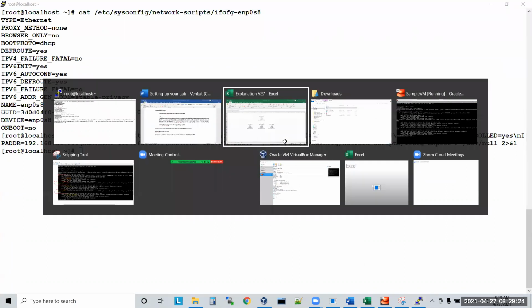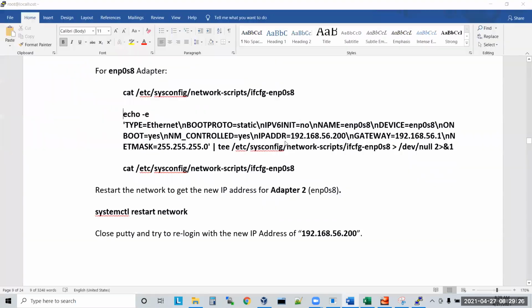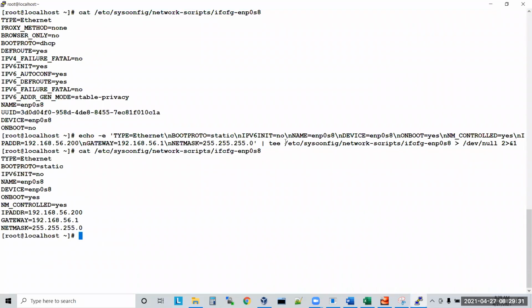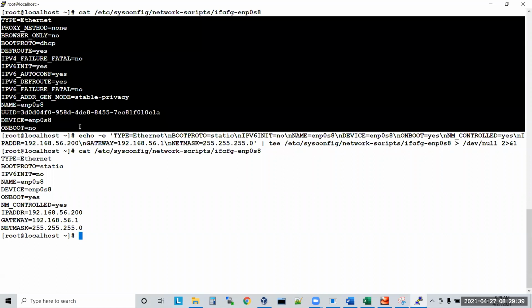After pressing enter, cat this file again. What does cat mean, guys? Cat means print the content of the file. If I print enp0s8 earlier, this was the content of the file.